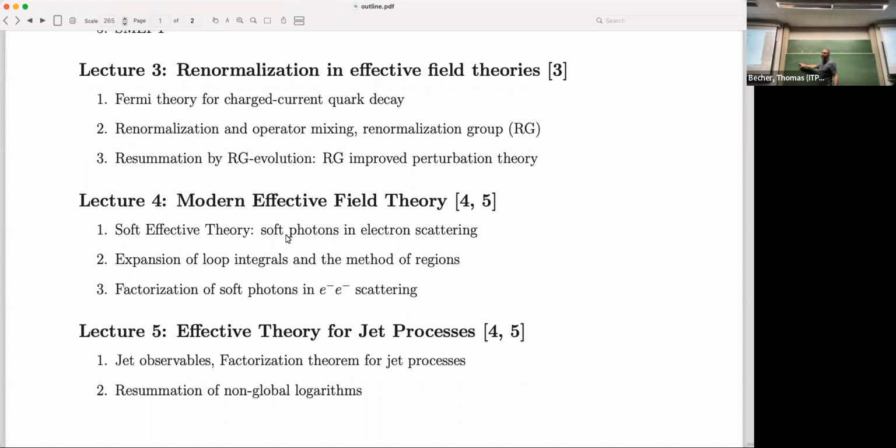There's a T here which says time ordered, and I don't even want to discuss how one gets this information out for now. But from this 4-point correlation function, if you draw it like this, we have these 4 things sitting at different points, and you can get the 2-to-2 scattering amplitude out of this if you need. It's a long discussion how one does this, but many interesting quantities can be obtained this way.